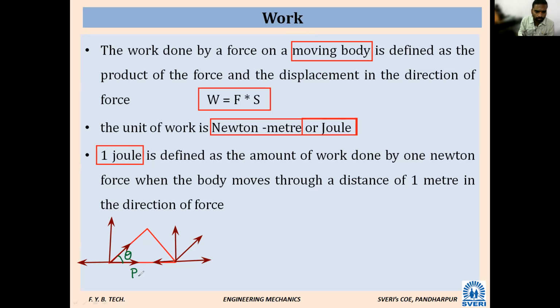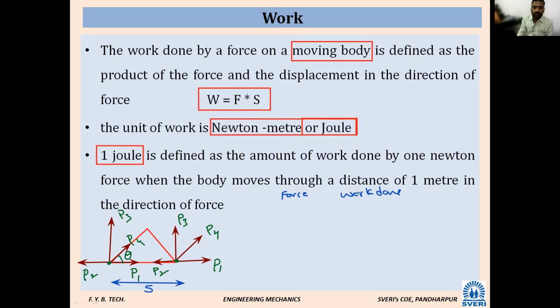So this is horizontal P1, this is P2, this is P3, and this is P4. In the same way, P1, P2, P3, P4. The distance between this point and this point is S. The distance between these two points is S. Now I will take a tabular column. This is force, and this is work done.